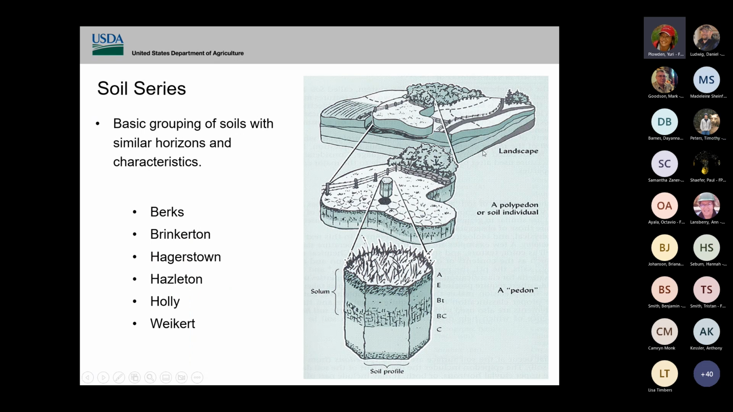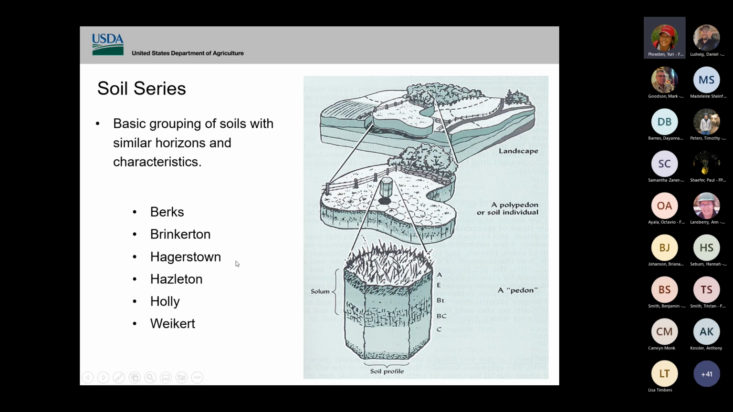So the most basic level, and the one that you're all probably most familiar with, is soil series. These are the most basic groupings of soils, and these have similar horizons and characteristics. This landscape model shows that you have a landscape, and within that landscape, you have a special combination of the 5 soil forming factors, probably most likely relief. Then you can delineate out that area, and within that area, it's made up of several polypedons, and then we describe one pedon, and that's what goes into the map unit description